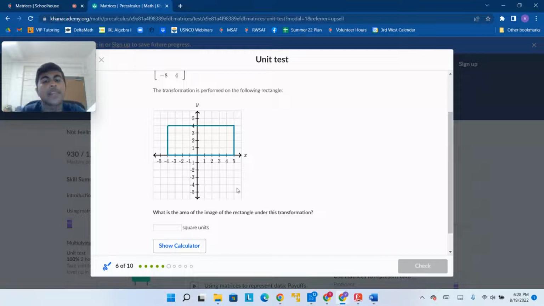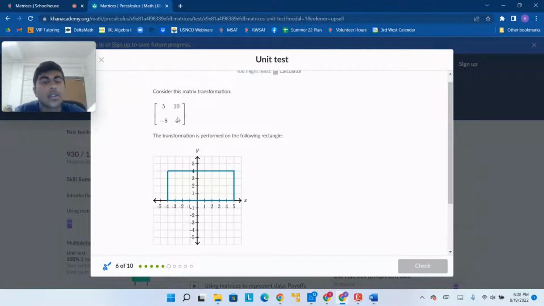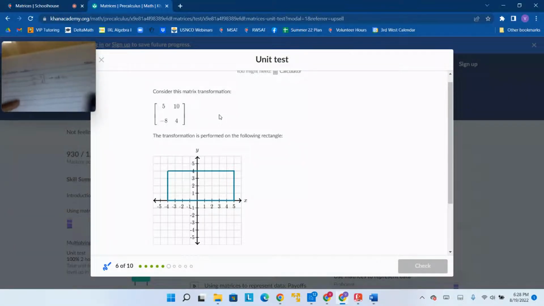Now the area at the end is going to be related to the determinant. The determinant of a matrix, and recall that the determinant of a matrix A B C D is going to be AD minus BC. Alright, so this is what I mean. You have this kind of matrix, and this is the determinant, and then this is just the area